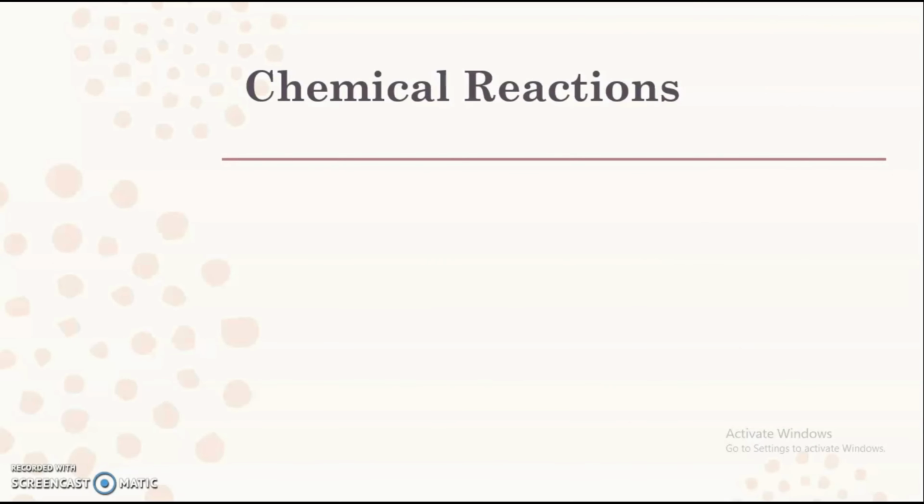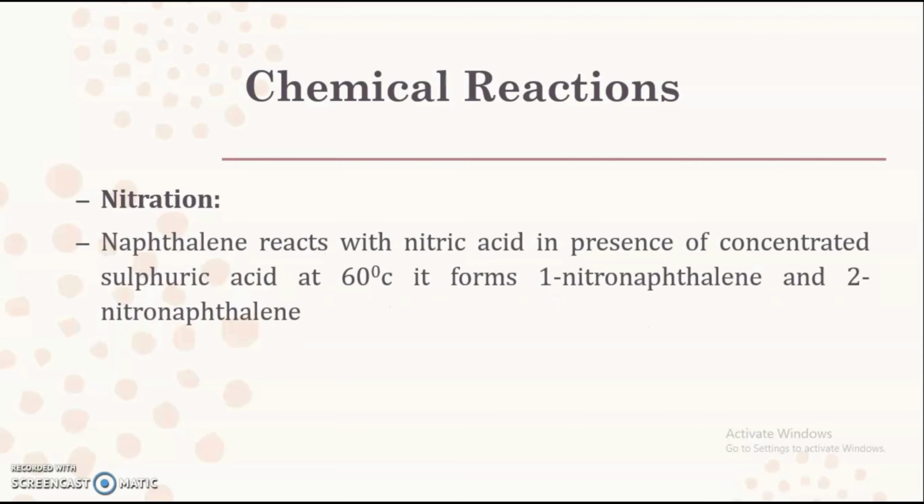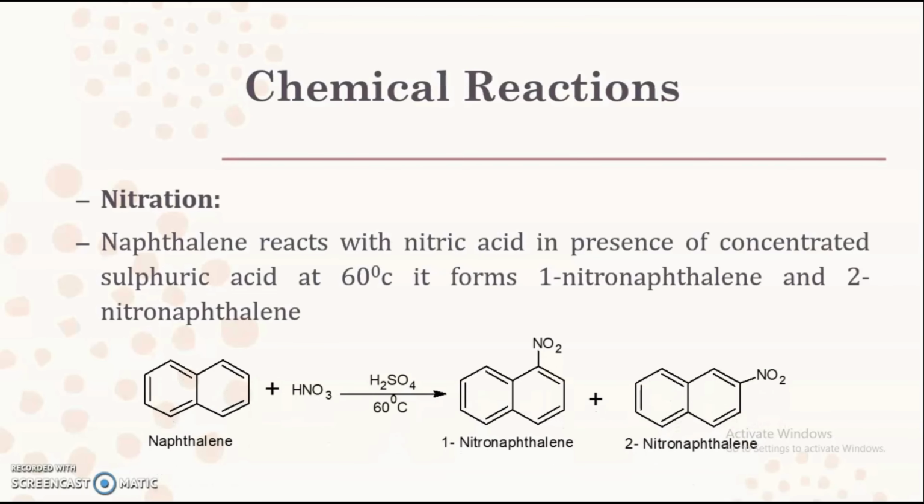After this, the third chemical reaction that we are going to see is nitration. This is the third electrophilic substitution reaction, where naphthalene reacts with nitric acid in presence of concentrated sulfuric acid at 60 degrees Celsius and forms 1-nitronaphthalene and 2-nitronaphthalene. Though we have said that majorly we get the one-substituted product, here in both cases we have got the one-substituted as well as the two-substituted product because of the reactivity of naphthalene. It is more reactive as compared to benzene,